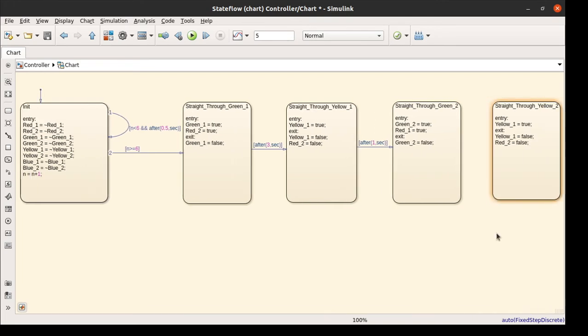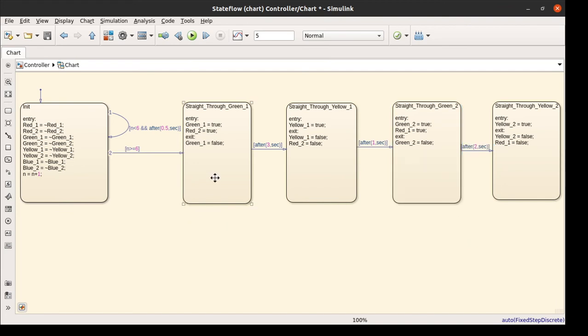Now this will be yellow 2 and this will be yellow 2, but this one will be red 1. I want to make it false. Now here, after 2 seconds I want to transition from green to yellow.